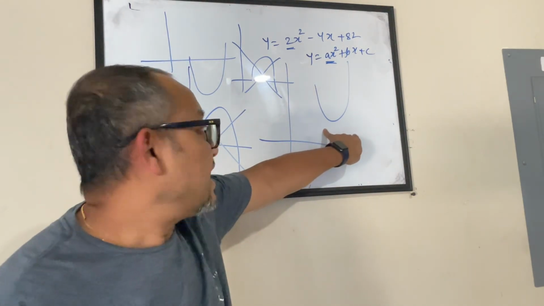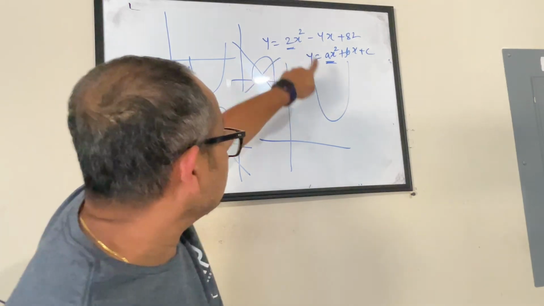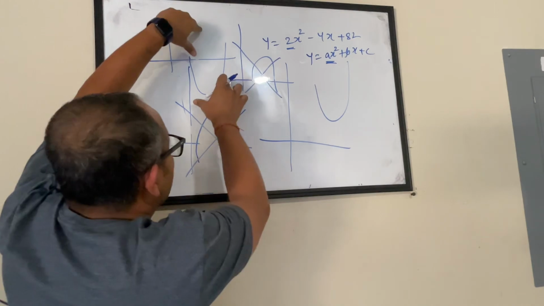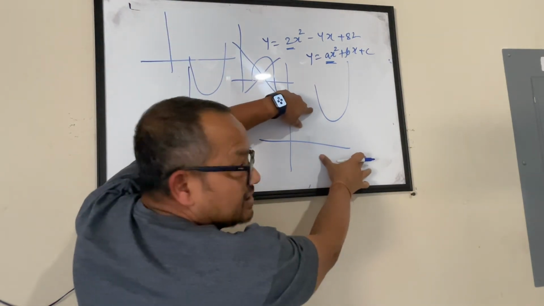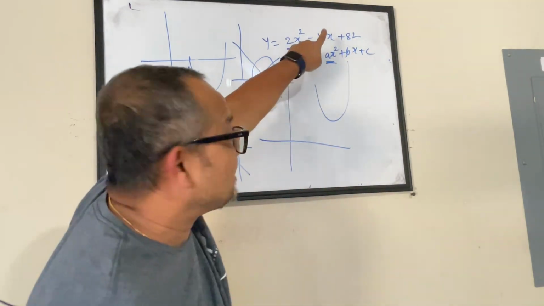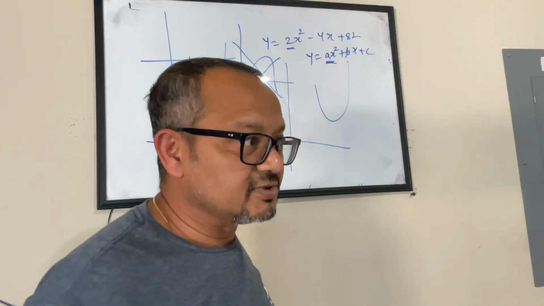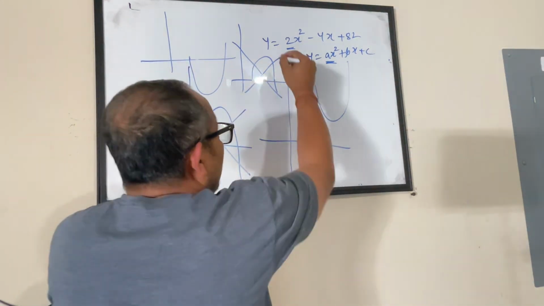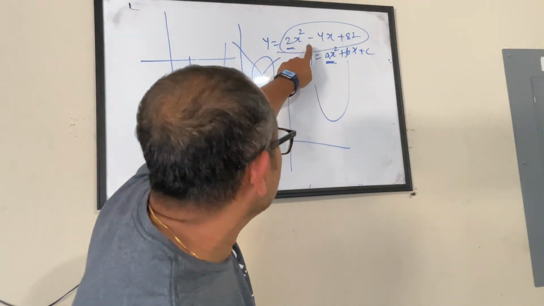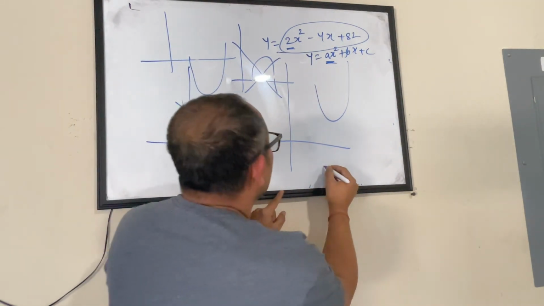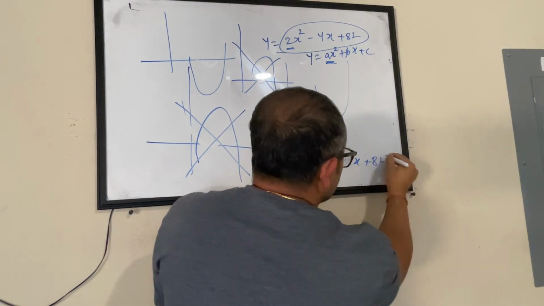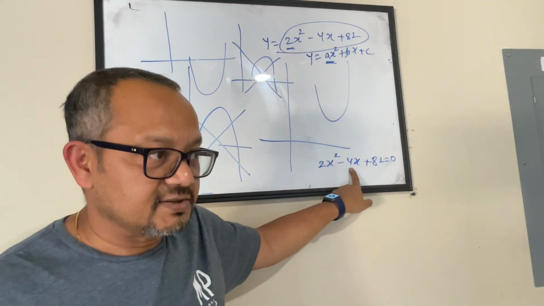And how will you choose? Now look at this equation. Just by looking at these two options, here the parabola is touching the x-axis, here it is not touching the x-axis. So where will it touch the x-axis? Where the value of y is 0, right? So you have to solve for the corresponding value of x where y is 0, meaning you have to solve 2x squared minus 4x plus 82 equals 0 and find the two possible values of x.